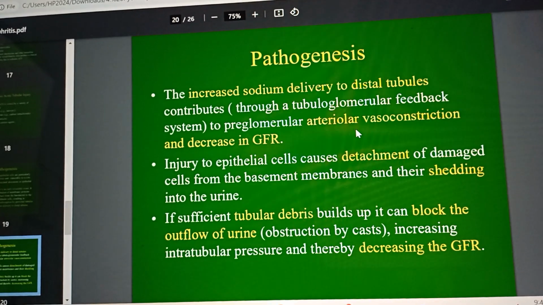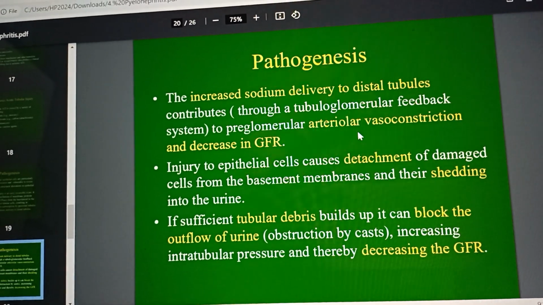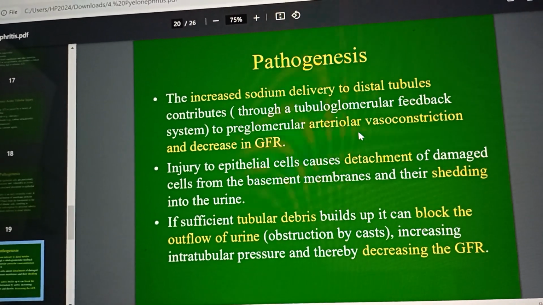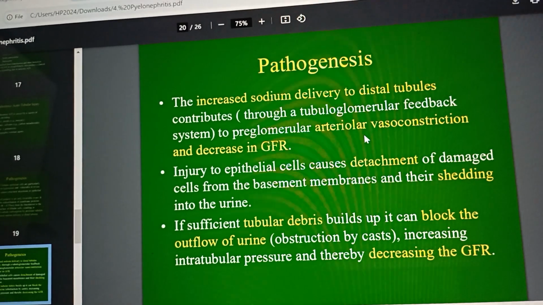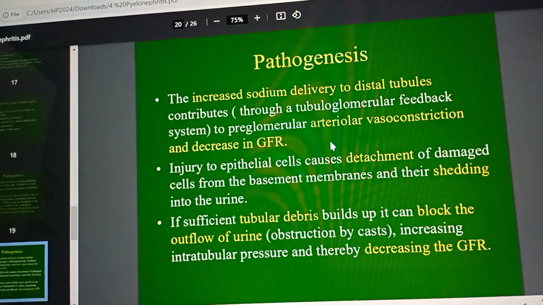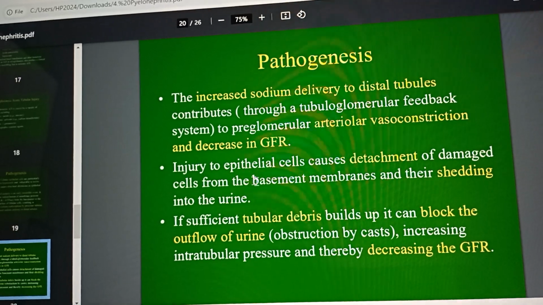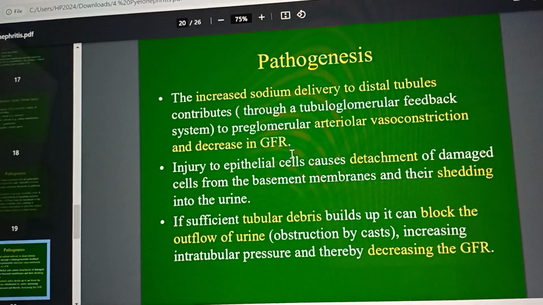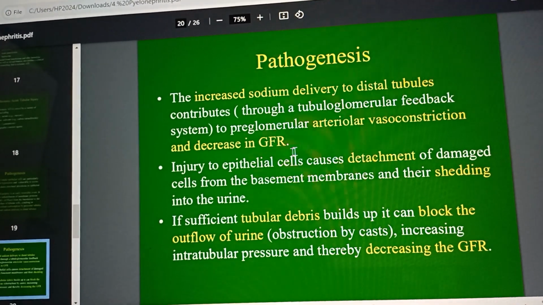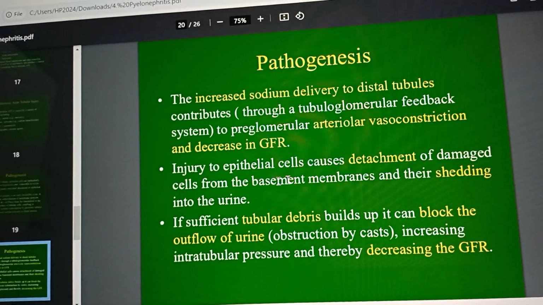Because more sodium is going there, they don't want more sodium filtration to happen. So because of that feedback mechanism, arteriolar vasoconstriction will happen. So what will happen? Now the glomerular filtration rate is decreased, arterioles are constricted, so there is an injury to